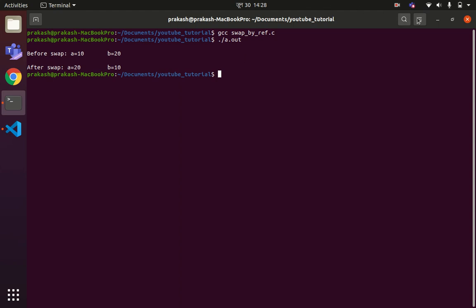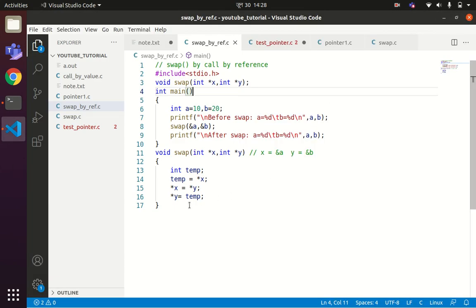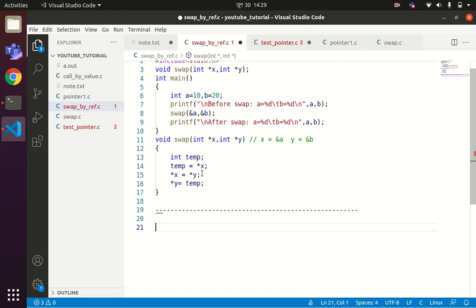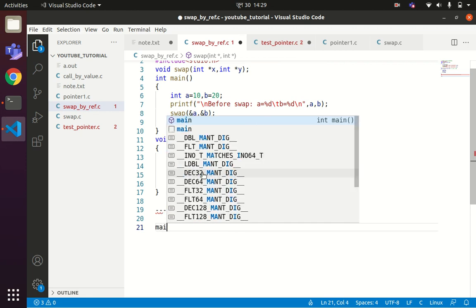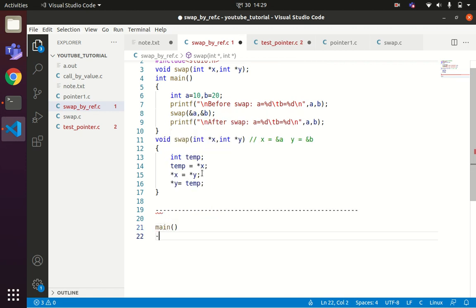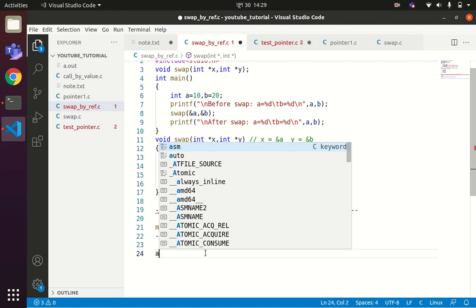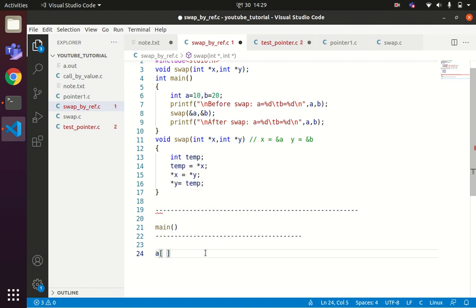Okay, now let's see how this works. Most of you have confusion about how call by reference usually works. So I'll use the same code, and let us understand the memory mapping. First we have the main function. Let us define the memory mapping for the main function. a equals 10, b equals 20 means we will have two variables. Let us say this is the address of a, and in a we will have the value 10.